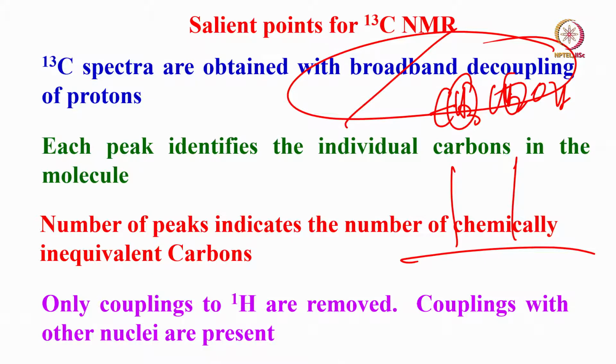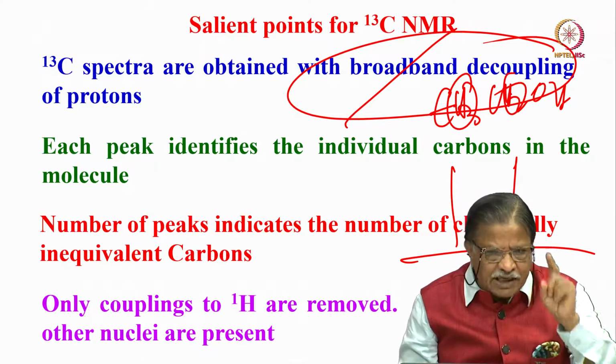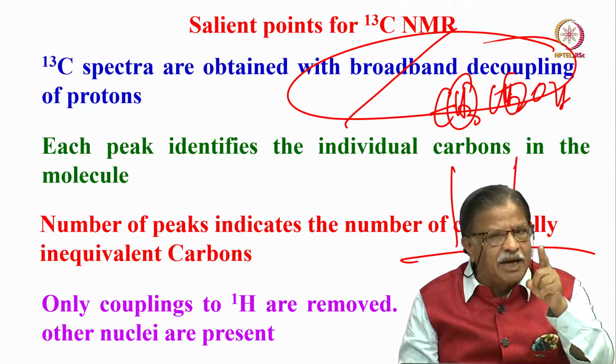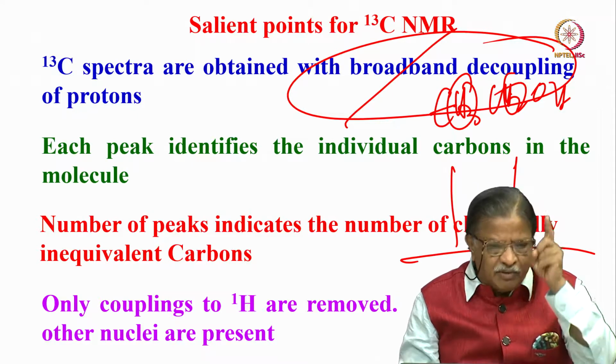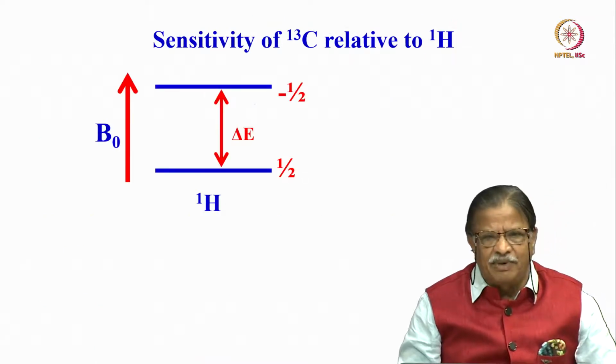But then you may ask me a question like heteronuclei. In the previous example, we saw proton, carbon, fluorine, phosphorus was there. You remove the coupling between carbon and proton, broadband decoupling, but not with other nuclei. You can do a special experiment by removing everything. That's a different question. But if you are broadband decoupling proton with carbons, and fluorine or phosphorus is present, they are still coupled. Remember, we are not removing that. So multiplicity can still be present. So we will take some examples.